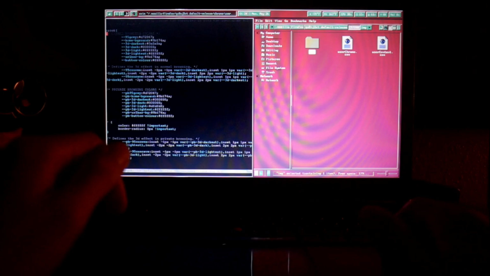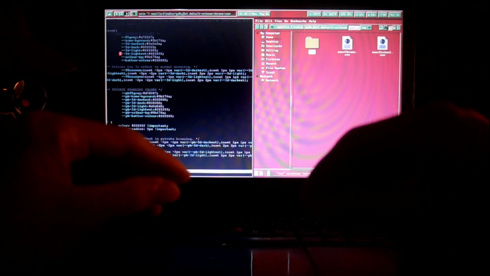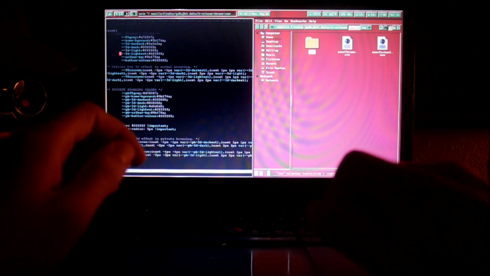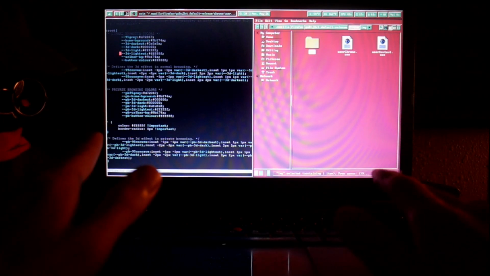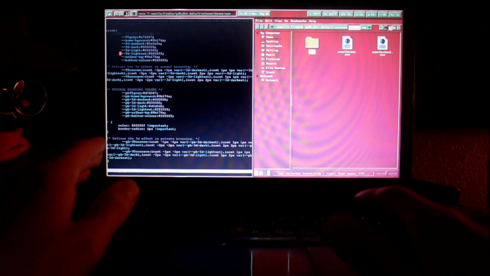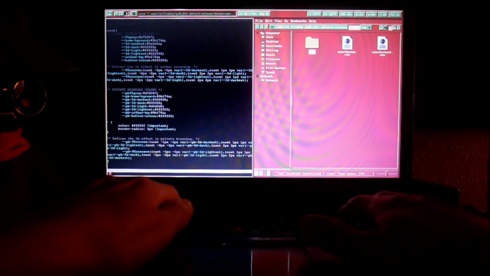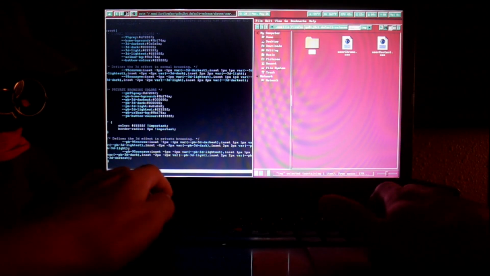Very simple once you get the hang of things, but those are the basics of how you edit this stuff. And obviously I would highly recommend Eric's guide on changing the Firefox stuff. But yeah, so I'm gonna go ahead and quit out of this,